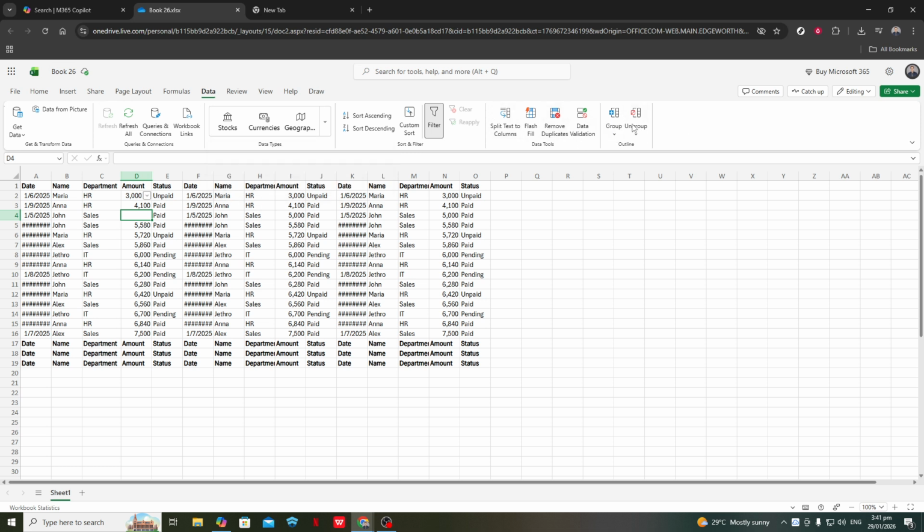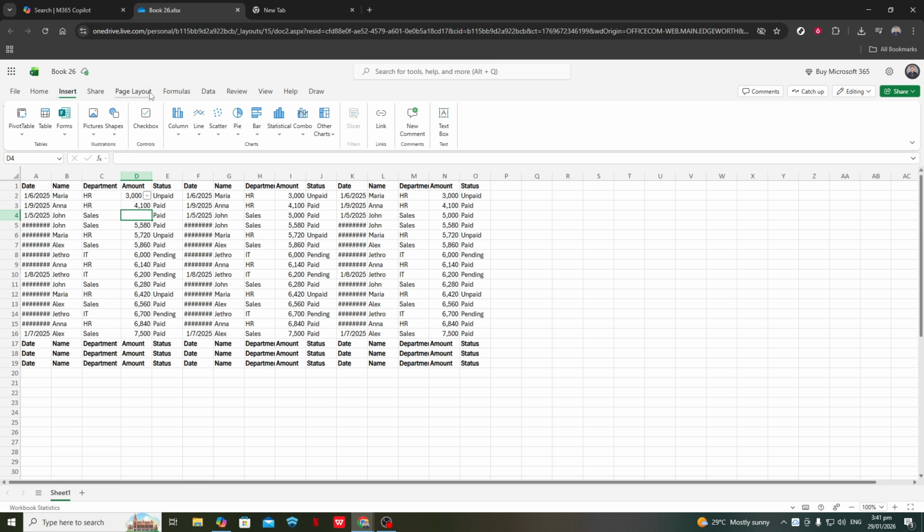Depending on your version and your organization settings, it may appear directly in the Home tab, usually toward the right side of the ribbon. Take a moment to scan along the Home tab and look for an icon labeled Copilot, or one that has a small sparkle-like logo. If you don't see it immediately, try checking other common tabs, such as Insert or Data, because sometimes the layout can be customized.